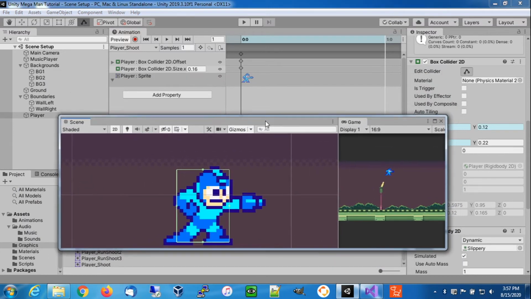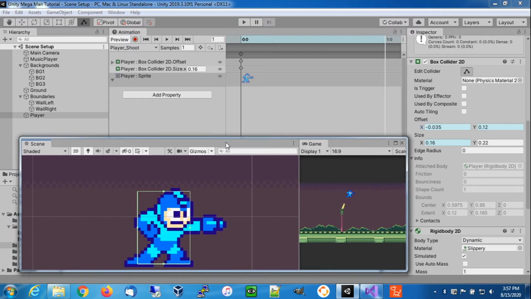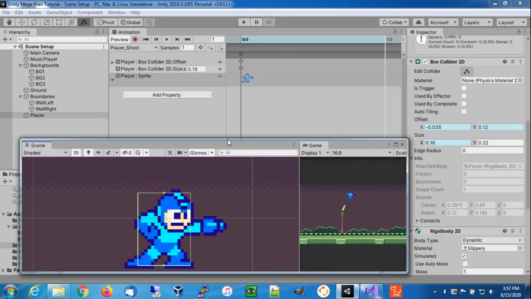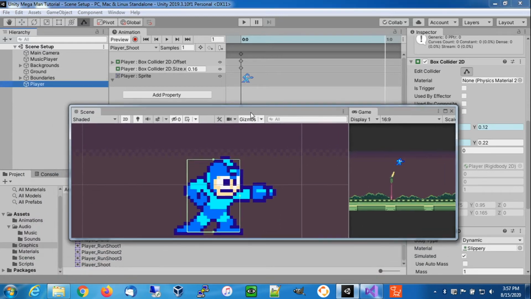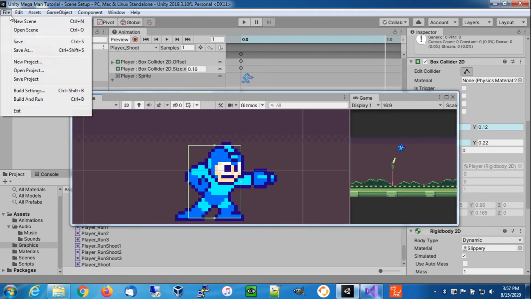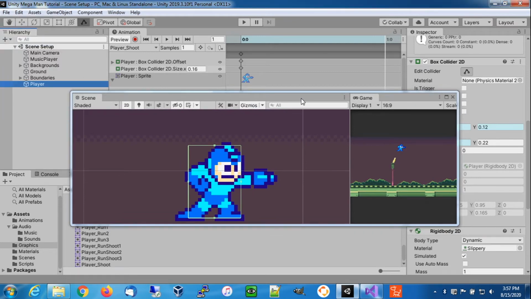But now that we have the animations, like, okay, that's great. So how are we going to use them? Well, that's now we're going to start coding. So we're going to close all that up. We're going to save this. One thing we're going to do before we do that